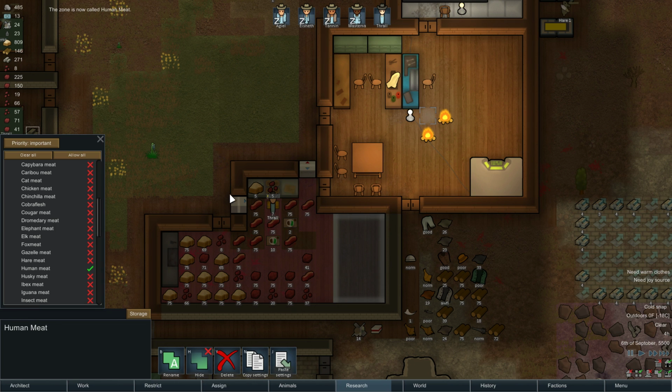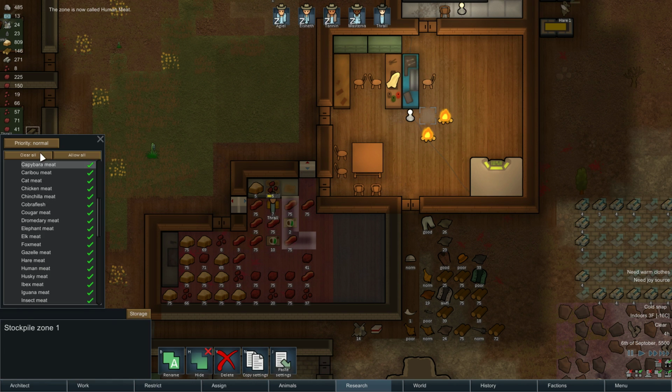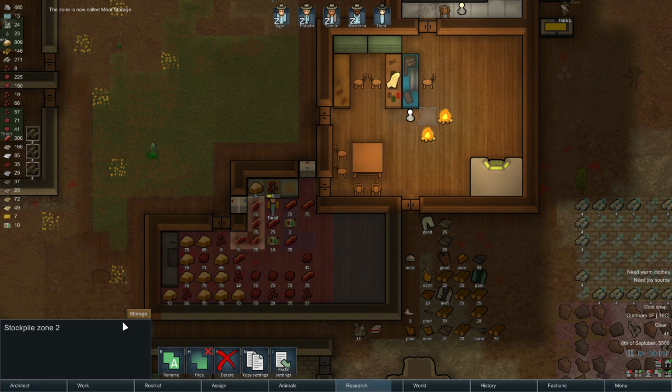I put that off to the side mostly because I'm just not going to use human meat. My people are bloodlust, but they're not cannibals, so they don't want to eat human meat. Important for meat that isn't human. And we'll call this meat storage. And then this will be veggie storage,